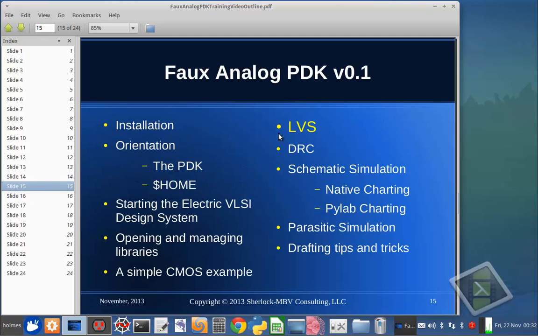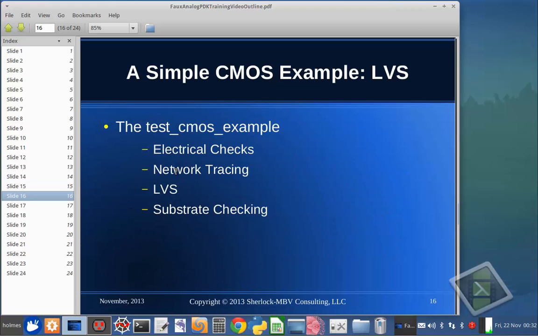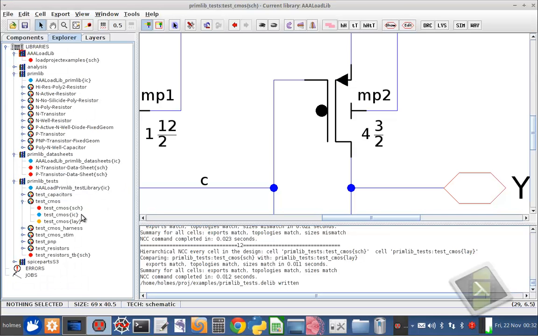So next we'll go into LVS, and we've covered a little bit of that already, but specifically we'll look at electrical checks, network tracing, and substrate checking, because those are all very important for these planar processes. So next we'll look at the